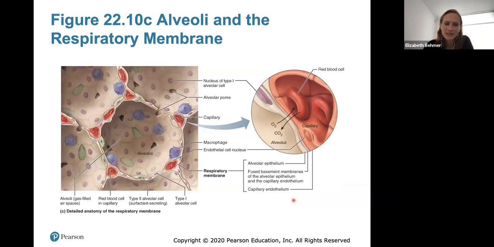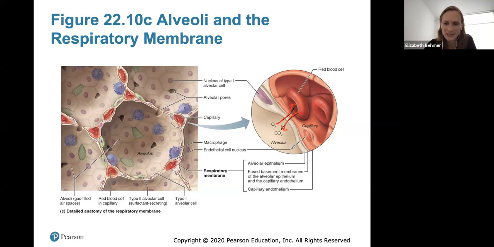Here's a look at the detailed anatomy of the respiratory membrane. So you can kind of see here the alveolar sac, and you can see the red blood cells in the capillaries. And here we kind of look at the alveolar and the capillary and where they come together. And you can just see here the direction that oxygen and carbon dioxide go. So oxygen will enter into the blood and carbon dioxide will be offloaded into the alveoli, and then we will